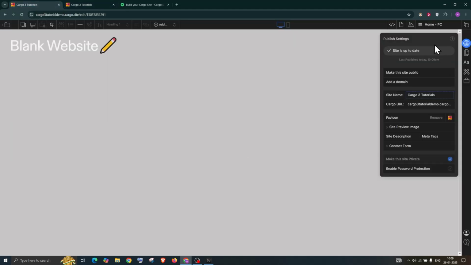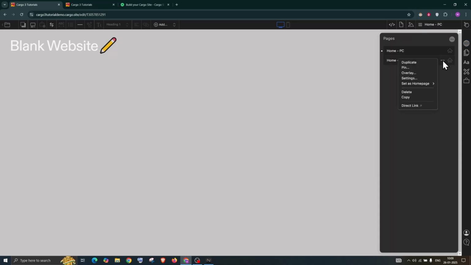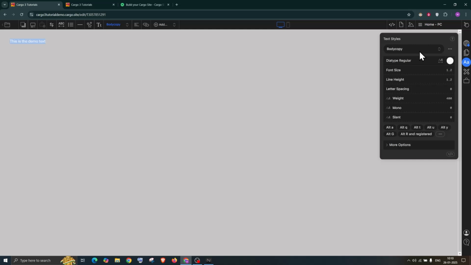After that, from here you can duplicate the pages, and then let's talk about the text which we are going to add here. If you see, this is the heading one, but by default if you add any text, this is the demo text. By default it is selected as body copy, and this is the default styling for any text which you add. So to change this, you need to go to this